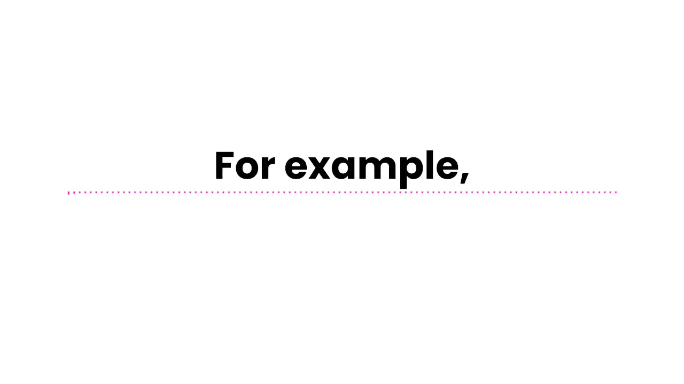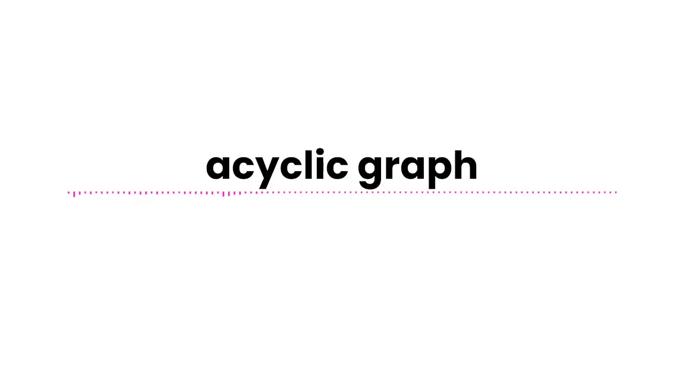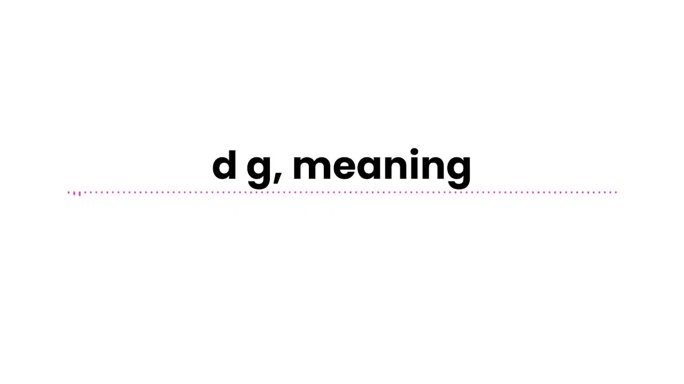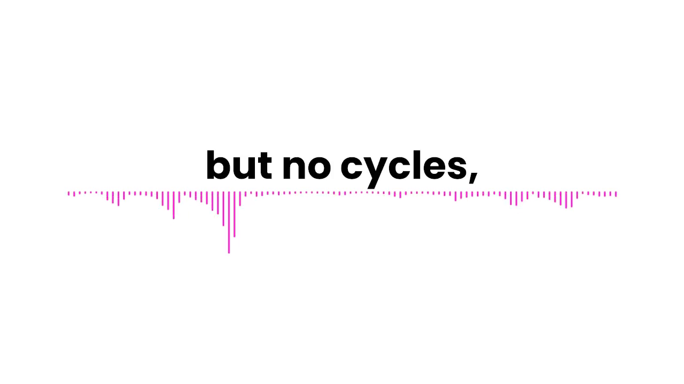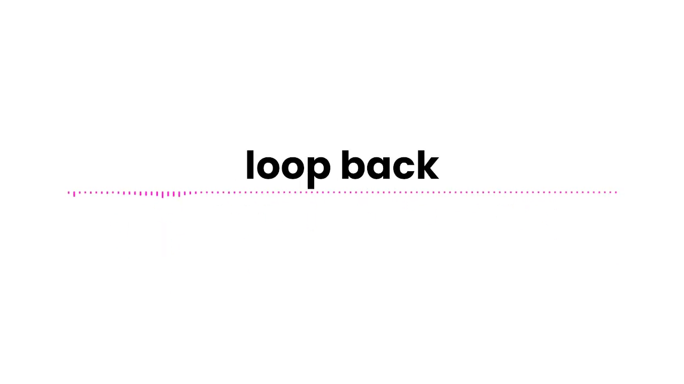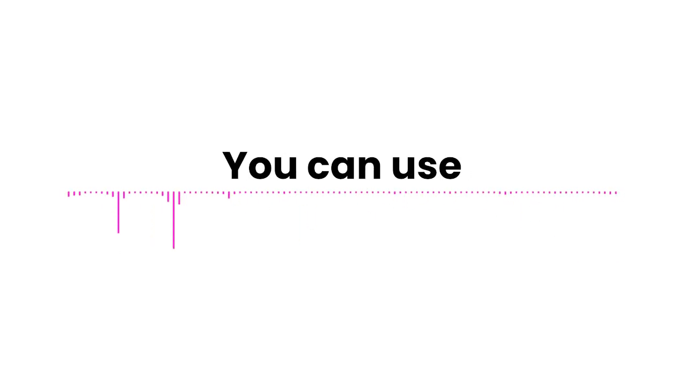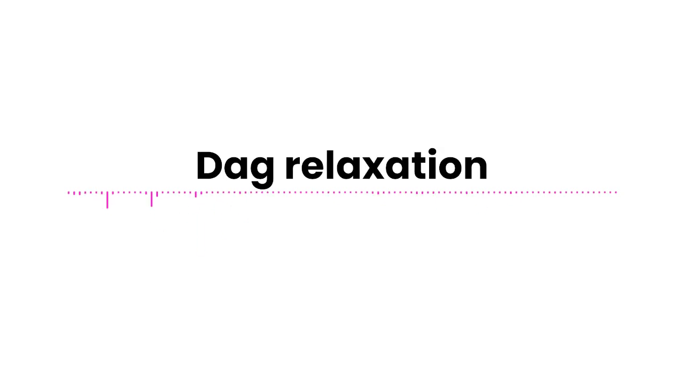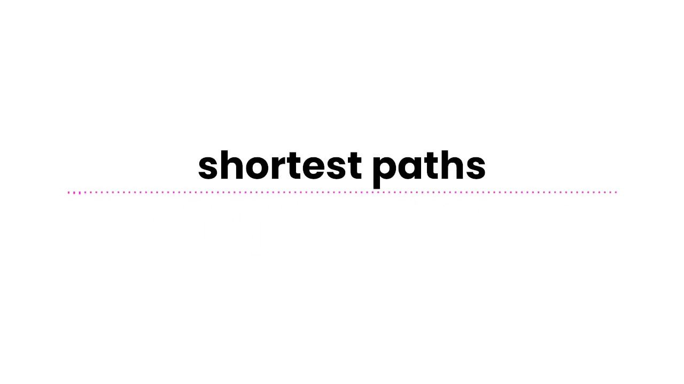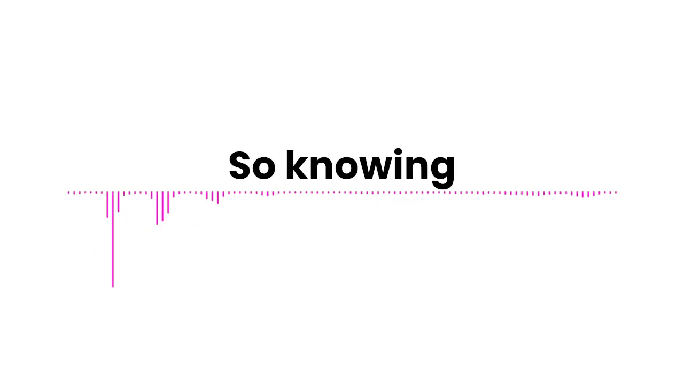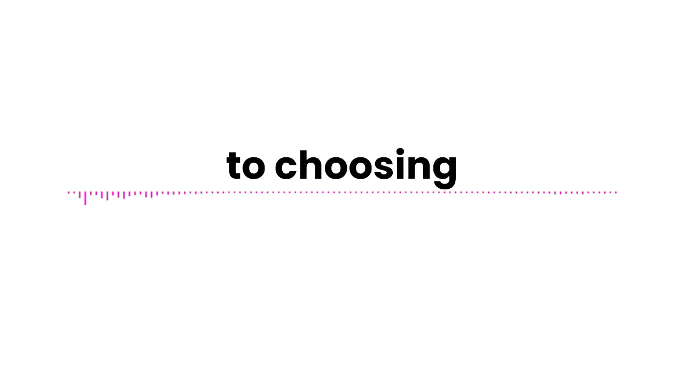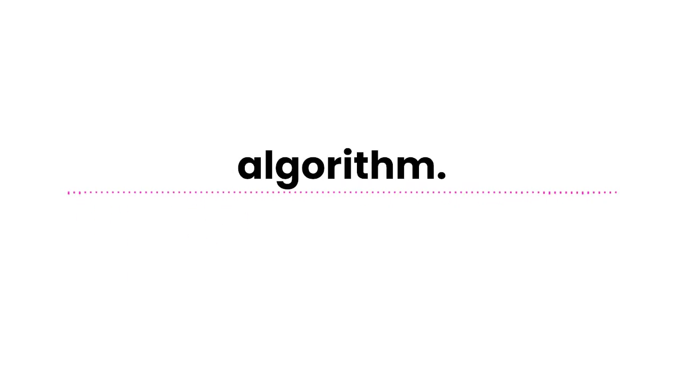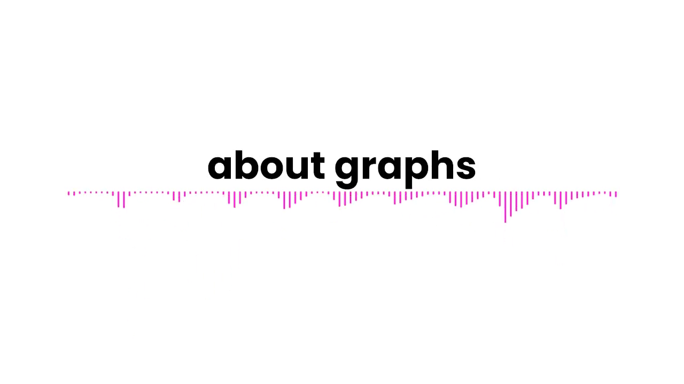For example, if your graph is a directed acyclic graph, DAG, meaning it has directed edges but no cycles, meaning you can't loop back to a previous node, you can use a much simpler algorithm called DAG relaxation to find shortest paths in linear time. So knowing the properties of your graph is key to choosing the most efficient algorithm. It's like having a toolkit with different wrenches, each designed for a specific type of bolt. Precisely. And the more you understand about graphs and their properties, the better equipped you'll be to select the right